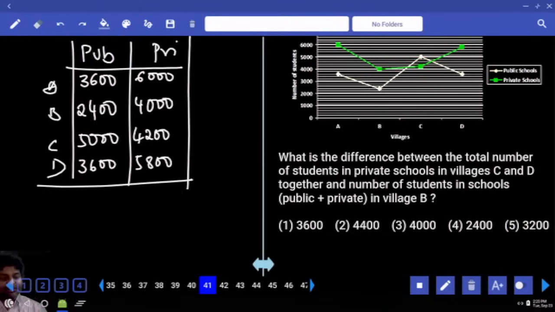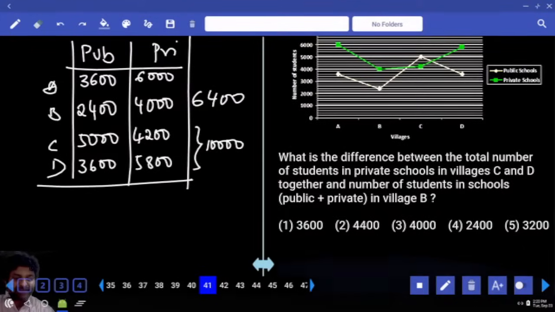What is the difference between total number of students in private schools in villages C and D together? CD together, 10,000. Number of students in schools, school B, in both public and private in village B. In village B, we have total 6,000. For these two numbers, we need difference,